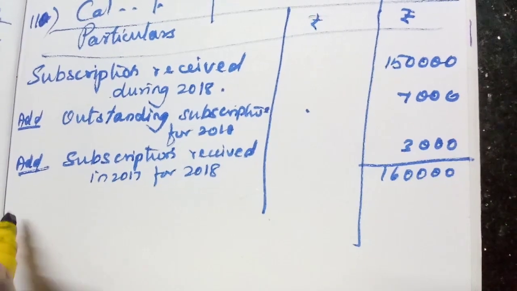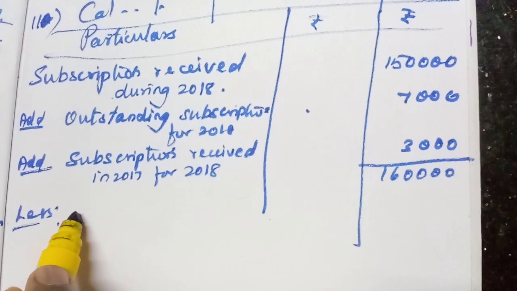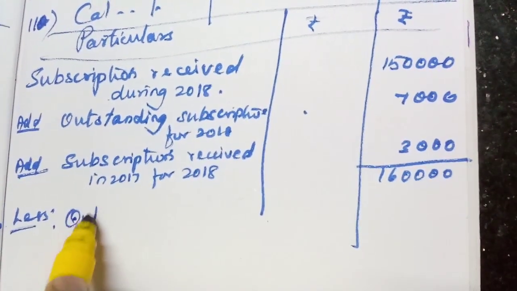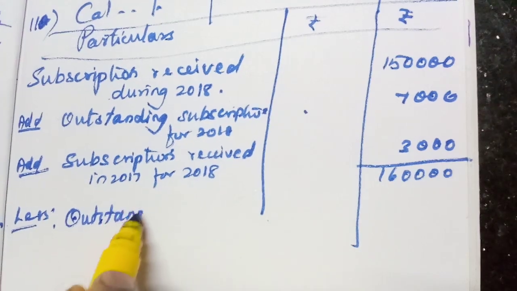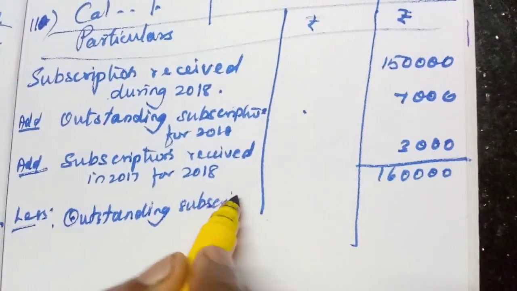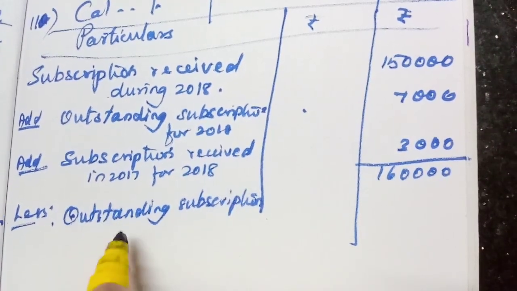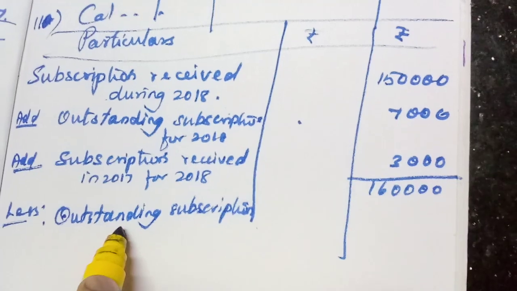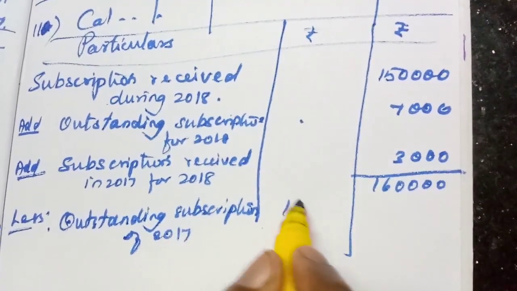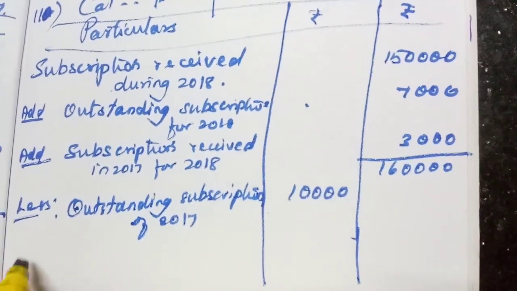So we need to deduct: less outstanding subscription of 2017, 10,000. Then less,